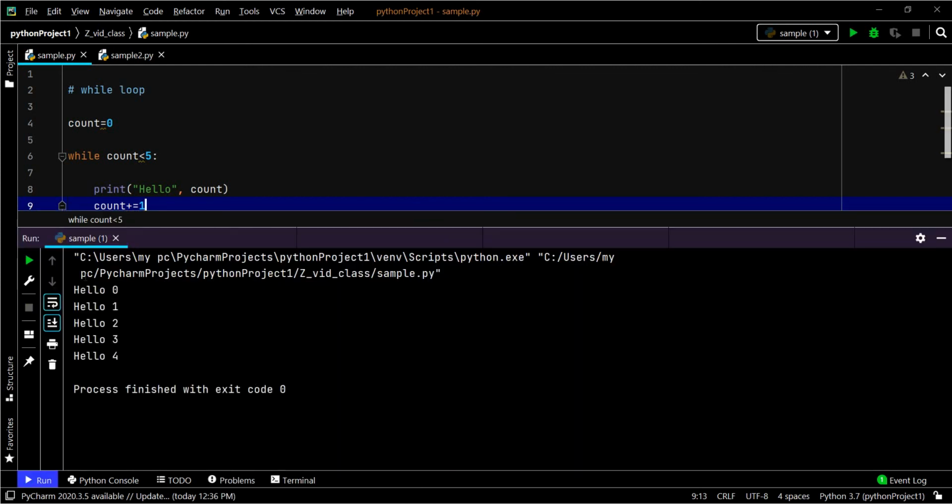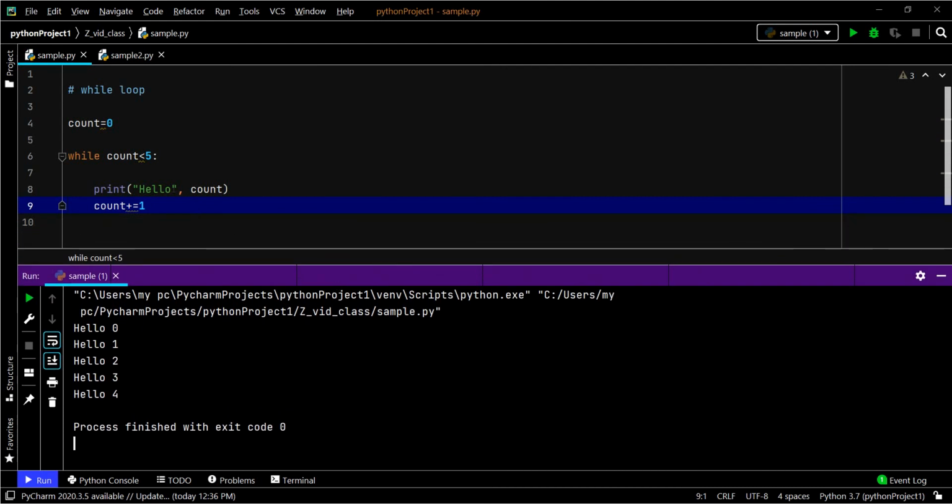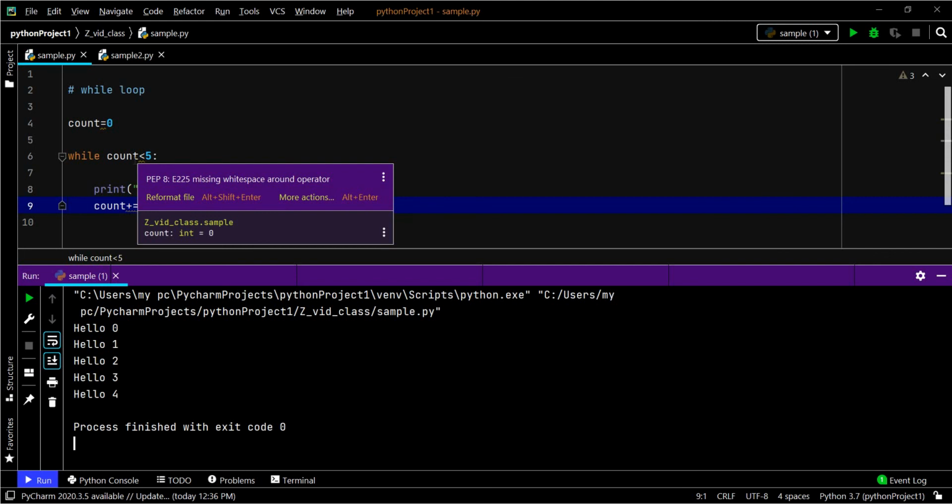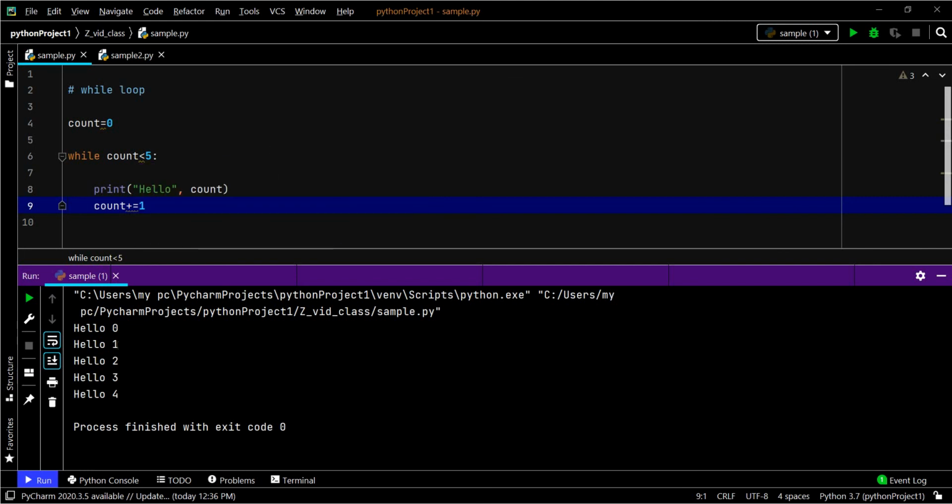See, when it runs the first time, the count value is 0 and it prints hello, and increments the count value by 1. Then checking, now the count value is 1, so it prints hello and 1, and increments the count value by 1 more.